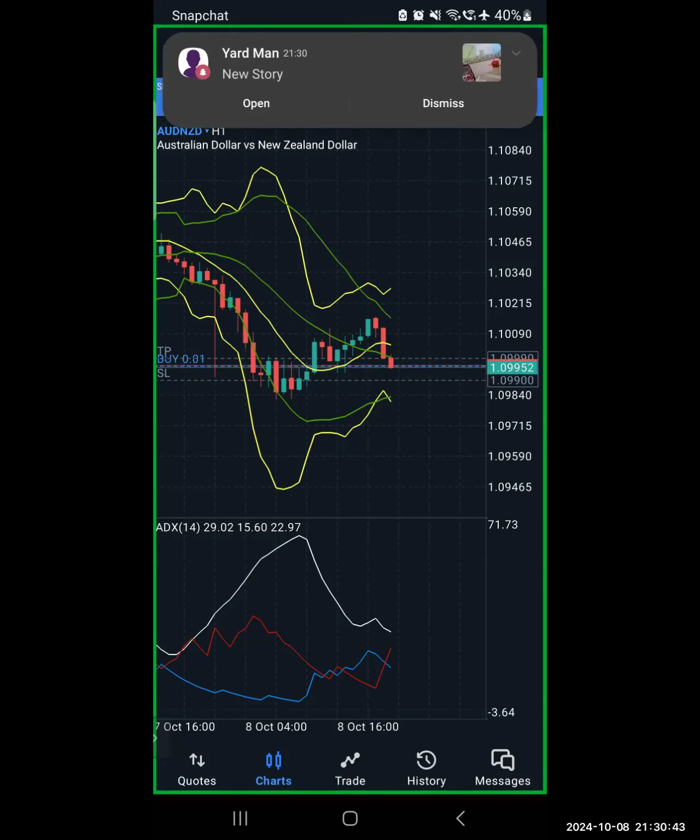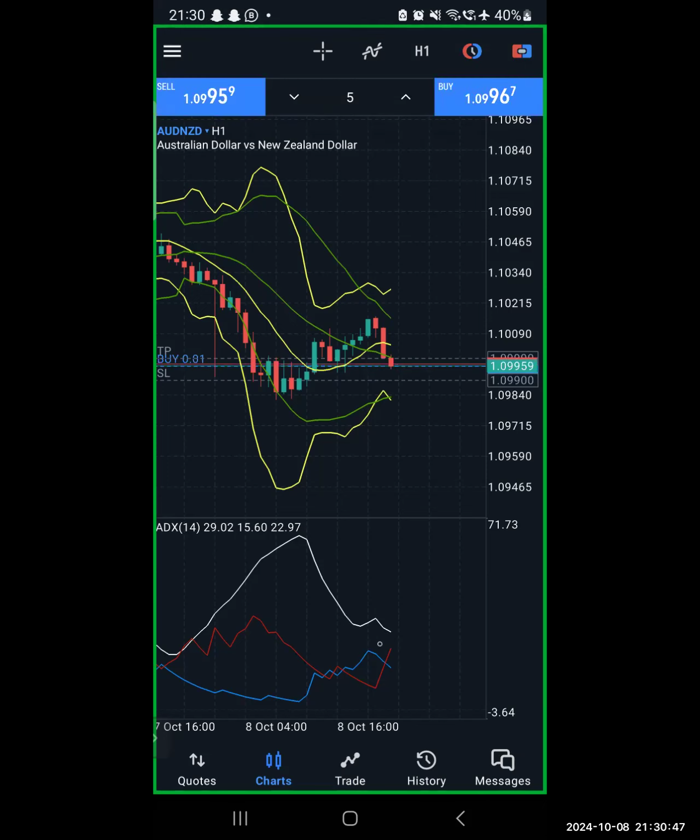Now, if it does go back the other way, the blue buy line will be in the middle again. The white momentum line will push up. The red will push down. And what you want to see here at the bottom is a bit of consolidation like this for the price to then hopefully shoot up. And if it does go back up for the buy,